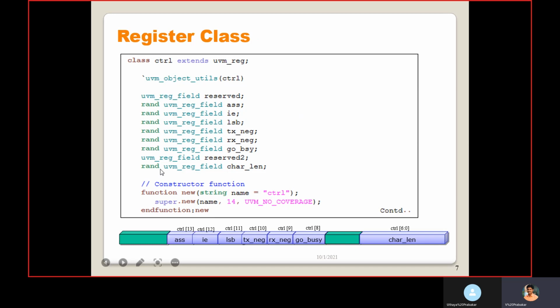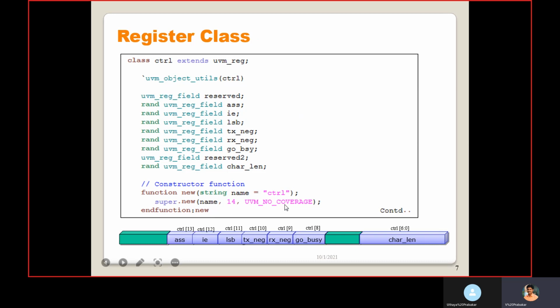First we need to declare the fields, then the new constructor. Here we are calling the super.new. Inside that we need to pass the name of this control register class, and the size, which is 0 to 13, 14 the width.